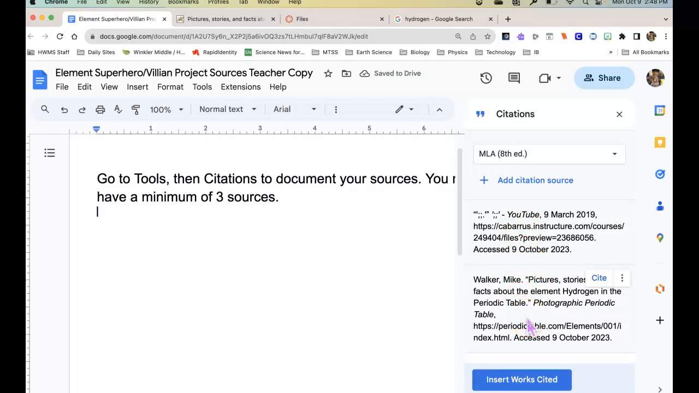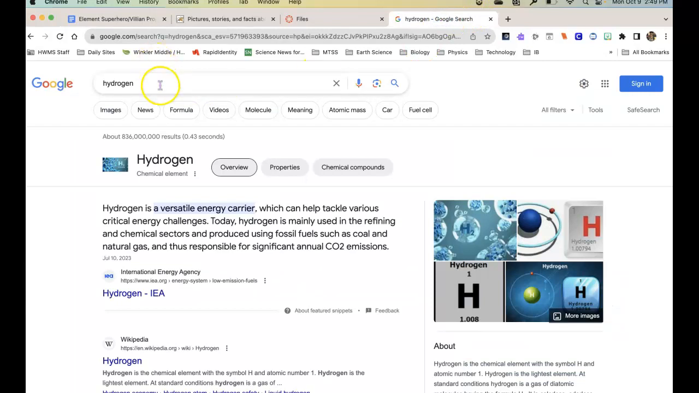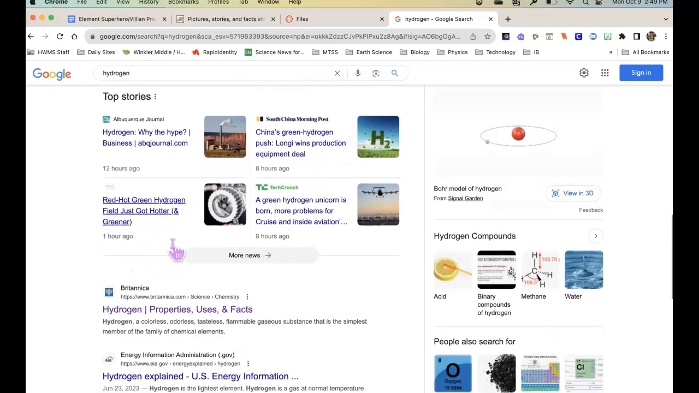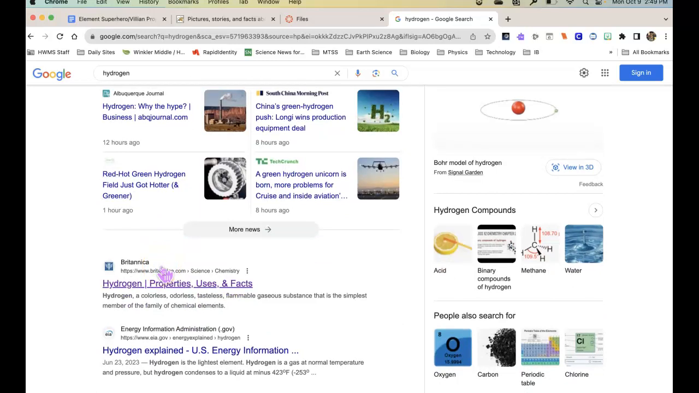I need at least three, so I'm going to go to my last one. For my last one, I went to Google and I typed in hydrogen. Google is a search engine. It is not a source. The search engine gives you lots of varieties, and then you choose which one you want. So I went through and I picked some of these, and I decided that I'm going to use this one right here, the Britannica.com website. So I click on here,